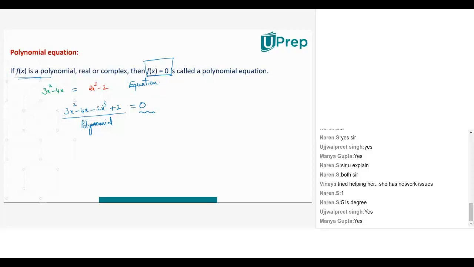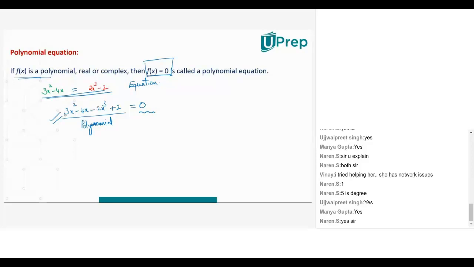So a polynomial equation is that in which the right hand side becomes 0 and the left hand side is a combination of a polynomial. Is that idea clear? It's only a representation, that's all. So just in order to make it standardized, we try to make the right hand side 0 always. Even if it is not 0, we can always bring the terms to the left hand side and make the right hand side always 0. Then such an equation becomes a polynomial equation. There is another advantage of making the right hand side 0. Try to understand this.